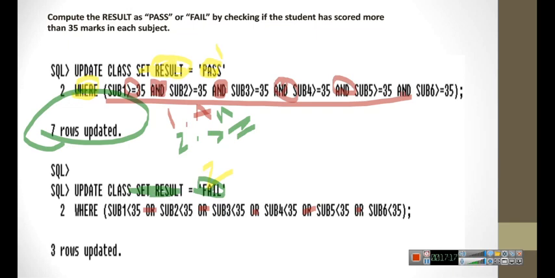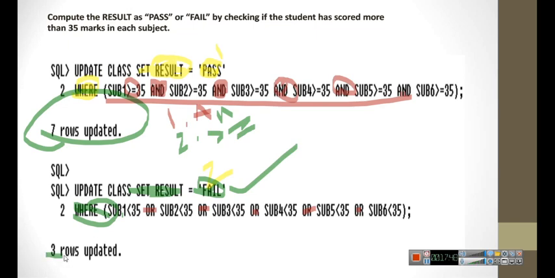When he is fail, so you are going to write a where condition. So subject 1 is less than 35 or subject 2 less than 35 or all the 6 subjects you are going to mention each and every subject less than 35. If any one subject is less than 35, then you have to print that particular student has failed.